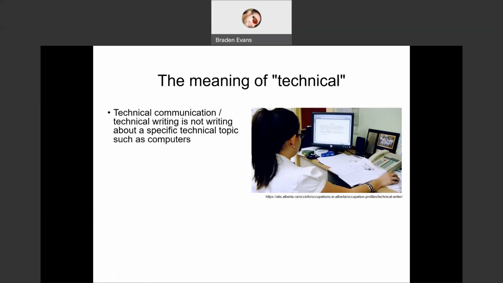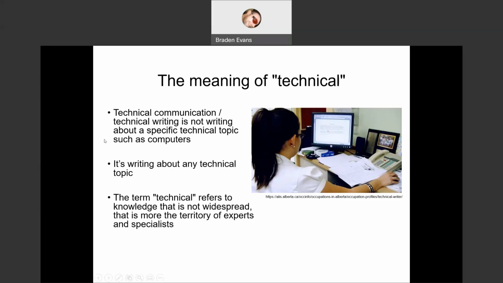Okay, so it's not the art of writing about a specific technical topic, but being able to write about any technical topic, okay? So being proficient with technical communication means you could take any technical topic and really go with it, okay? And make sure that what you present is understandable for people that are out there, okay? And anytime we say technical, we just mean not common, right? You're a specialist in some way if you're a technical person.